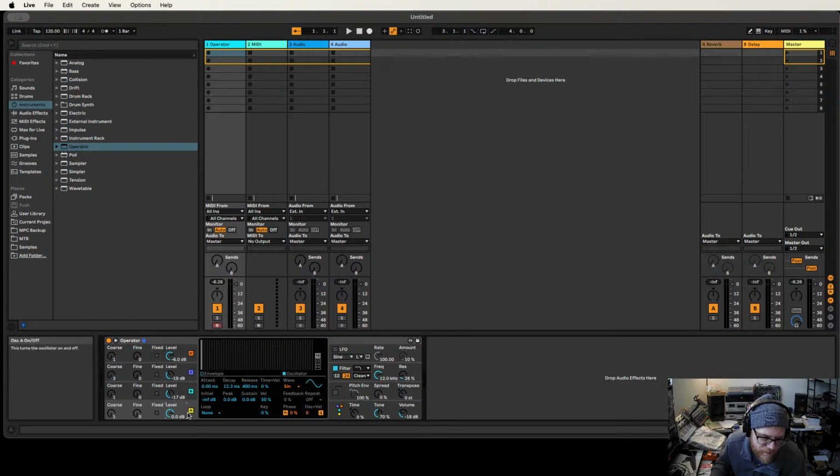An operator is an oscillator with an amplitude envelope attached to it. An amp technically, but just an amplitude envelope that can control its amplitude over time. And by stacking these up again, you can make some really crazy sounds and get a lot of flexibility as a synth programming methodology. So these settings here are ratios, and you get different harmonics depending on what ratio